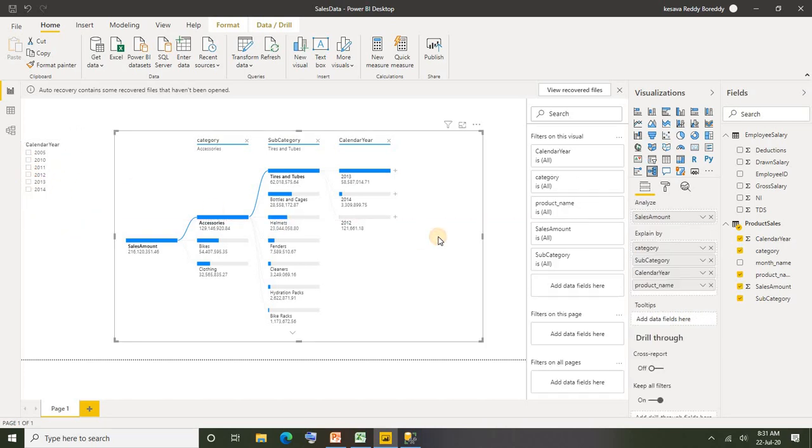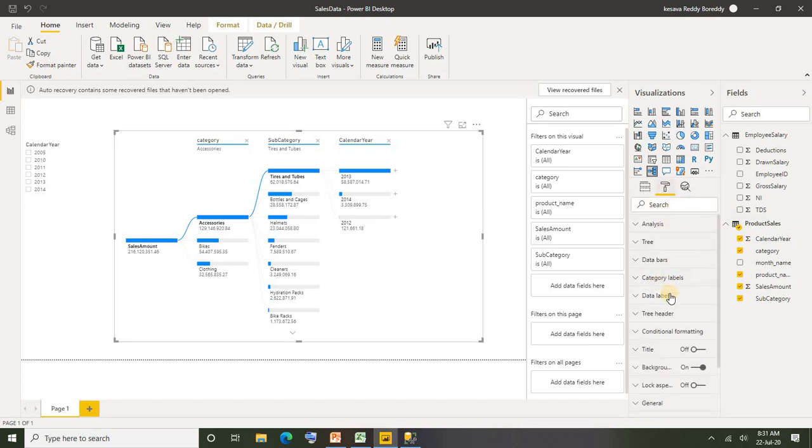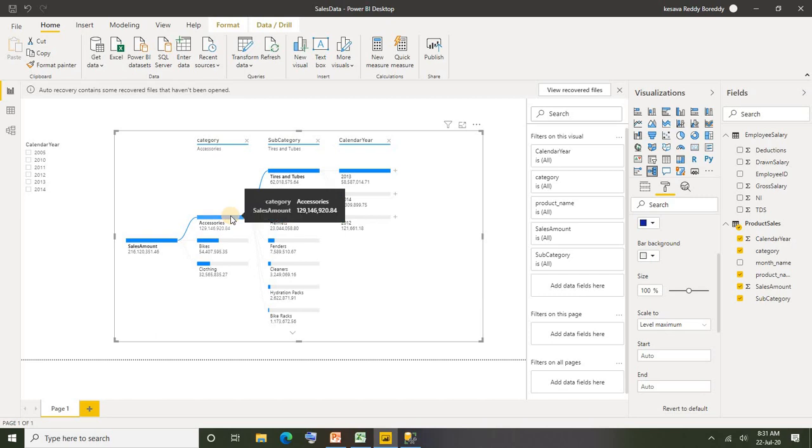All right, okay. If you go to format section, there are many options here. Of course you can go ahead and play around with all these formatting options. Okay, let's not worry about them now. If you go to data bars, there is one option here, scale to, right? Currently it is selected as level maximum. So if you see here, this is parent metric, right?